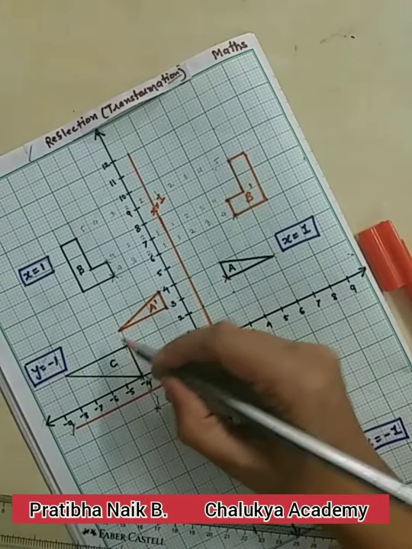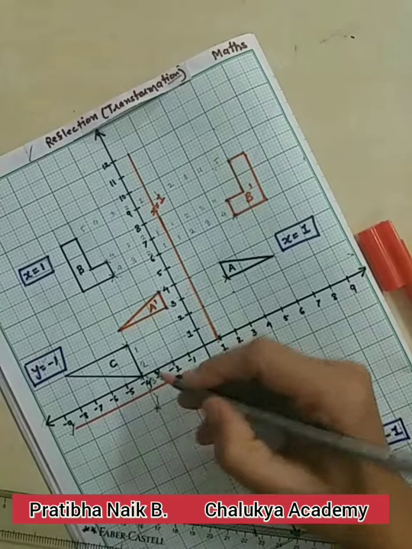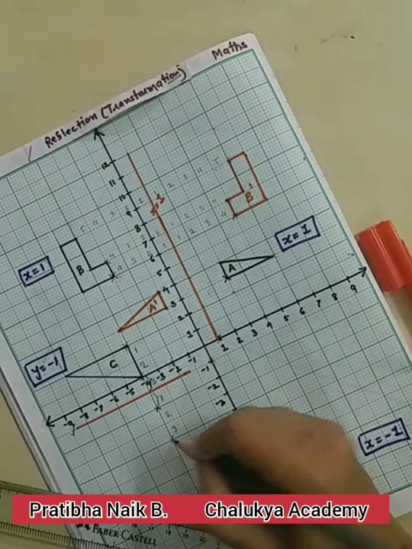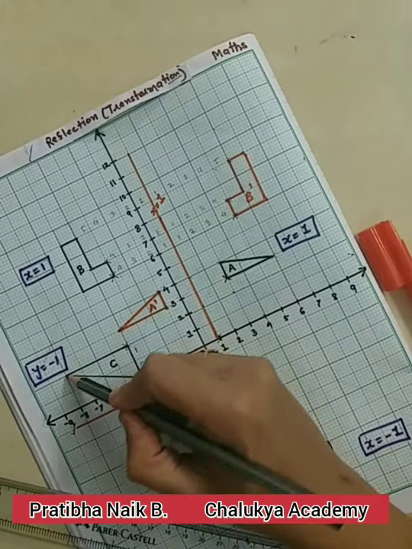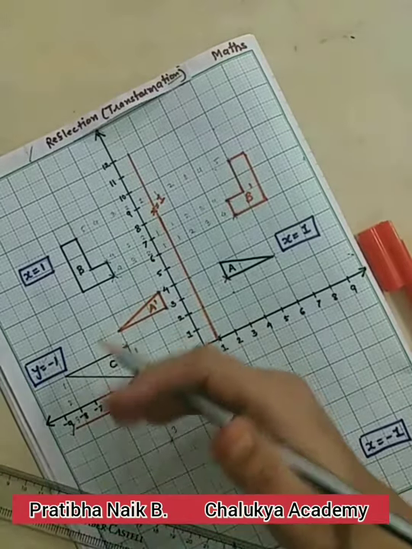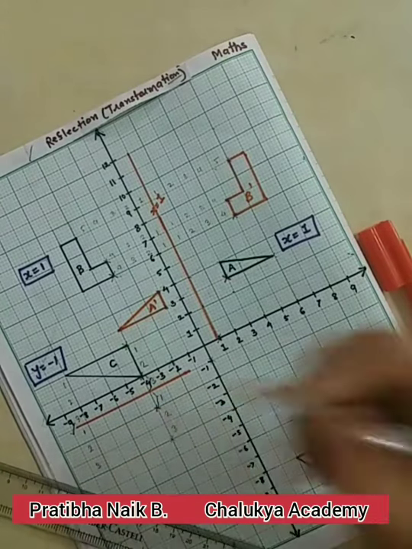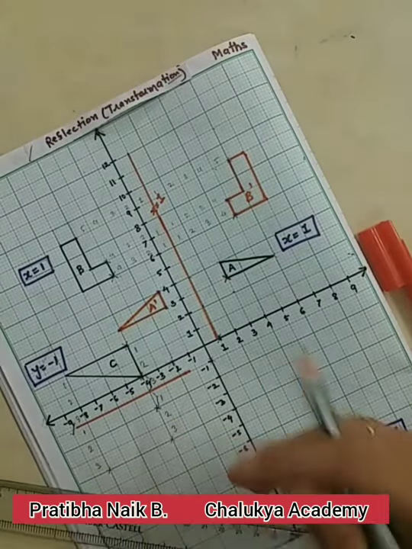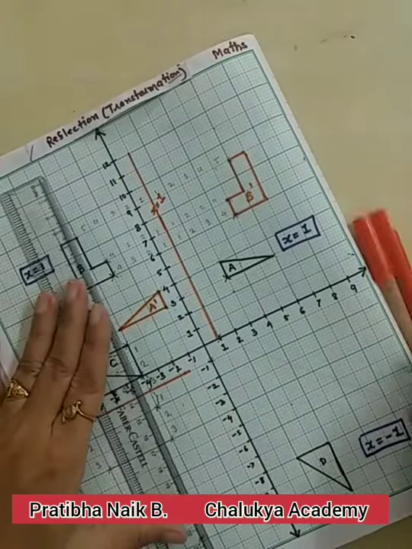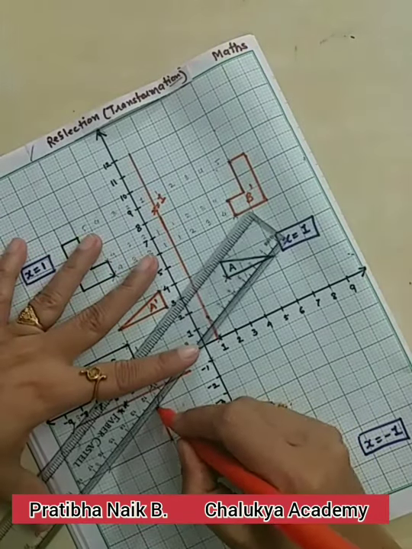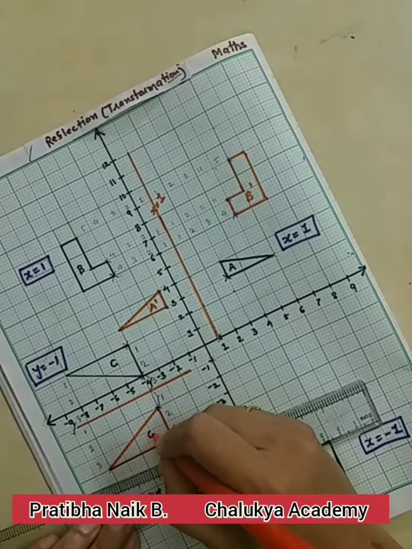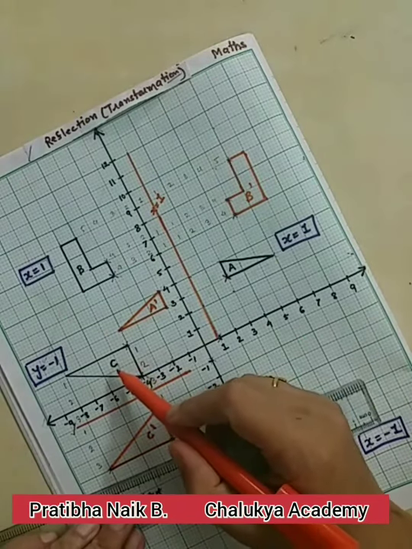Now this vertex, you can see this is 3 units away from the mirror line. So we will just go 3 units away from this mirror line. So this is the reflection. So when we go over here, this is again 3 units away from the mirror line. So it is equidistant as you know, and it is exactly opposite to each other. So again I am moving 3 units away. So this is the point. So this way we can make out the reflection. So this way we can draw the image of the given triangle. So again we can label C dash as the image of the given triangle C.